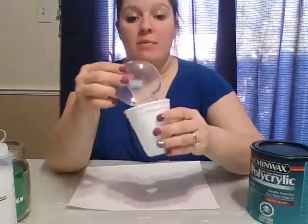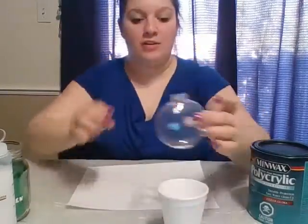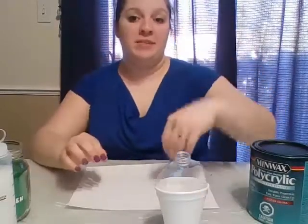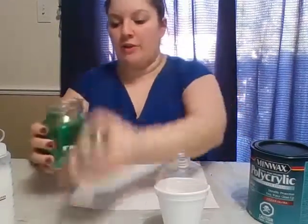Okay, so now that my ornament has been draining, you can see it's clearer now than it was before. I'm going to turn it around. I put it in the same cup. Everything that has been dripping has dripped to the bottom, so don't worry about there being stuff on the side. So I'm going to grab my ultra fine glitter,